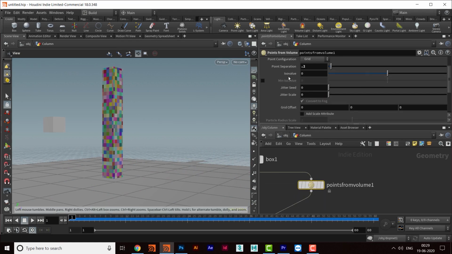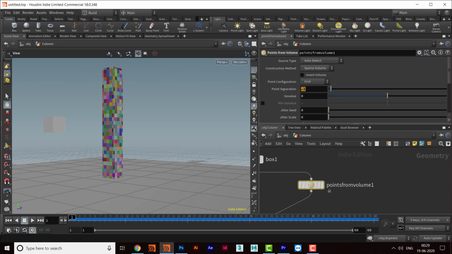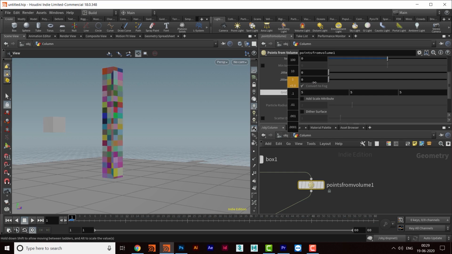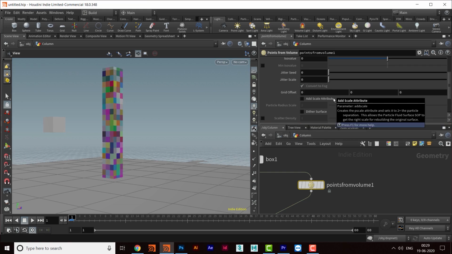Along with point separation, we can change the grid offset also. So I will keep it to maybe 0.3, and then I can go to this one, grid offset. Okay, so I can offset things here and change them according to our need.